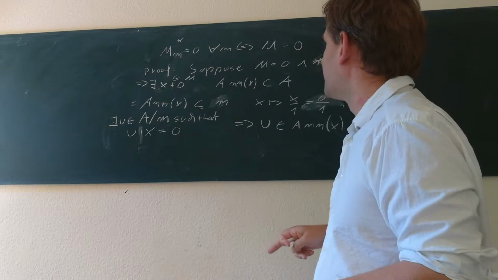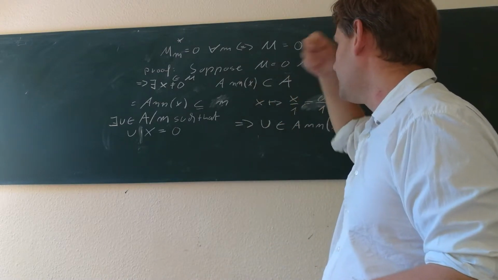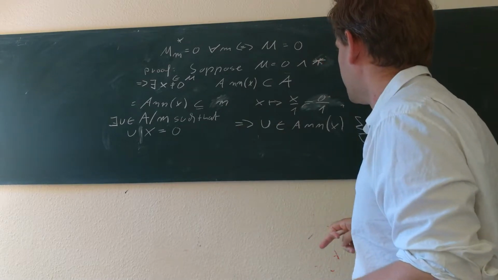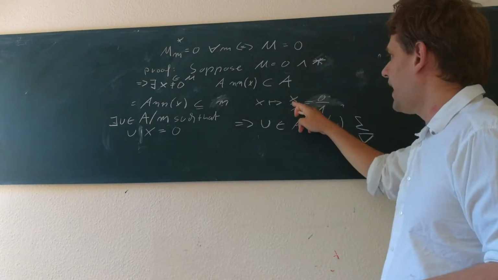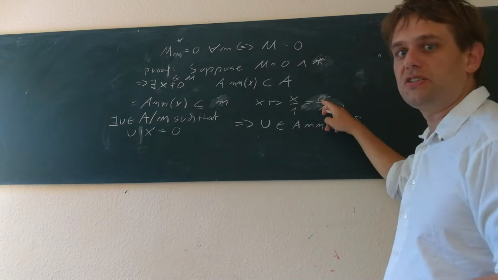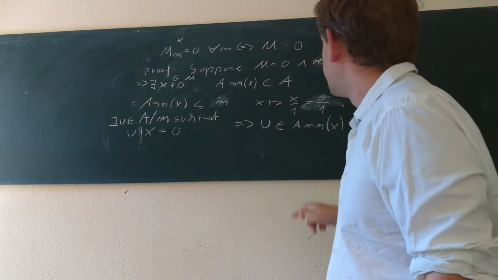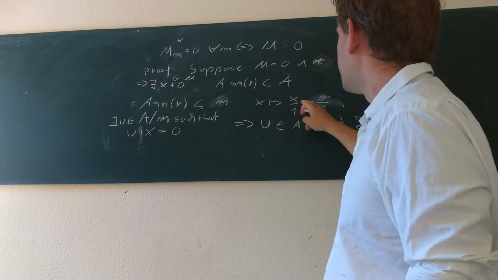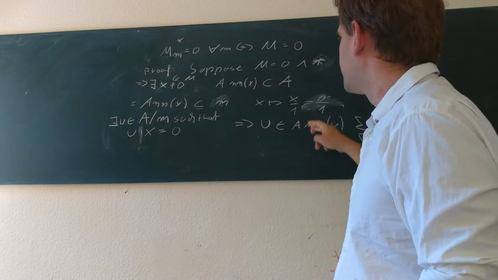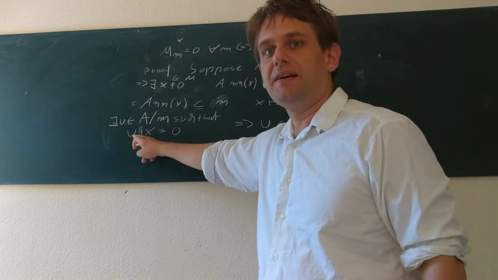So in particular, M localized at m for this m is 0. So x divided by 1 has to be equal to 0 divided by 1. And we can conclude that there has to be a u